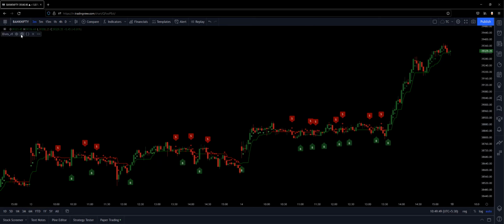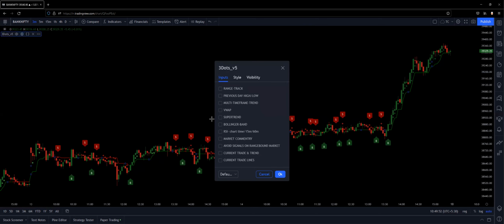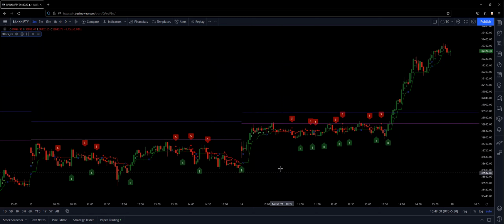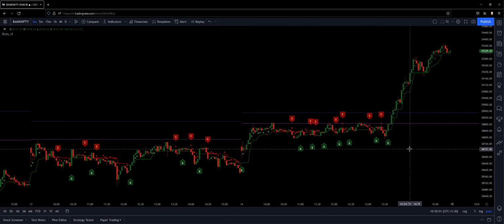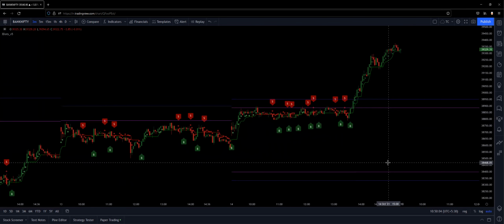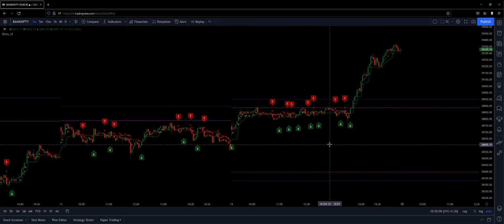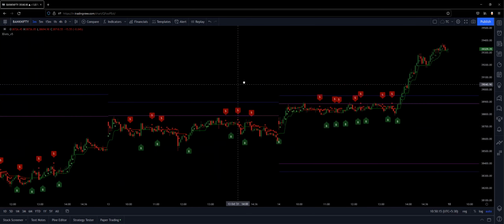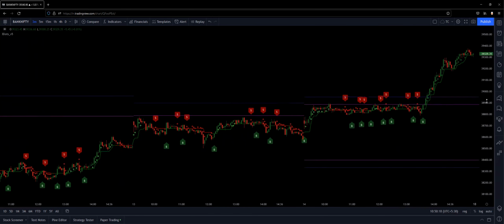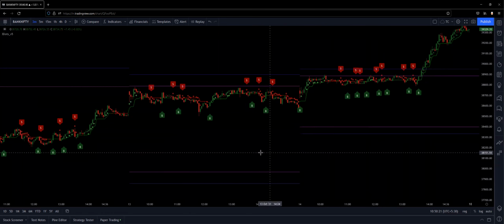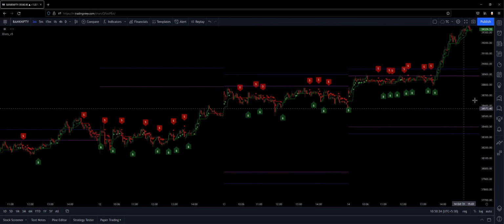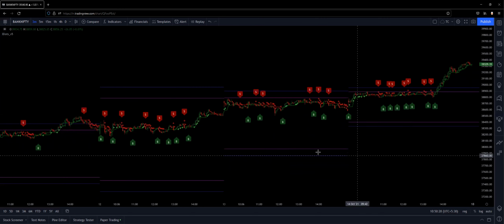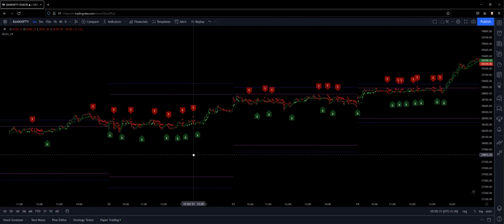Let me quickly go through the configuration. First thing is range track. Range track is our proprietary calculation, which gives huge information on the support, resistance, and the range that the big players have planned for the day. Whenever you enable range track, you will see four tracks. Somebody will say it looks like a railway track, but for us it is a range track, which tells you what range these guys are planning for the day.